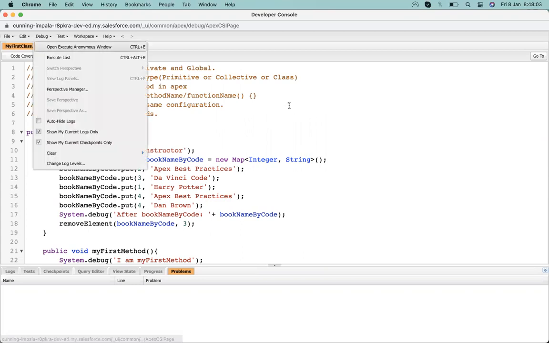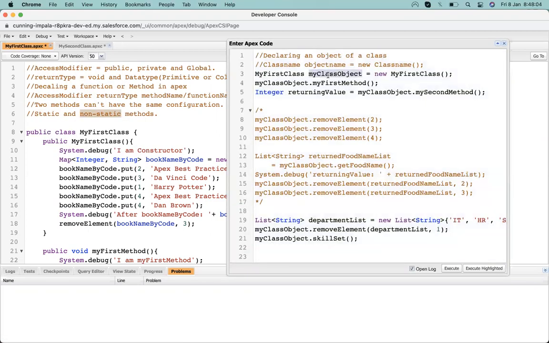Whenever we are declaring any object, we are defining an instance of a class. Non-static methods get their memory allocation when we define an instance of a class. Means whenever we define a new instance of a class, at that time they get allocated memory. But for static methods, as soon as we write the class name, their memory gets allocated. Due to this allocation of memory, their calling way gets changed.